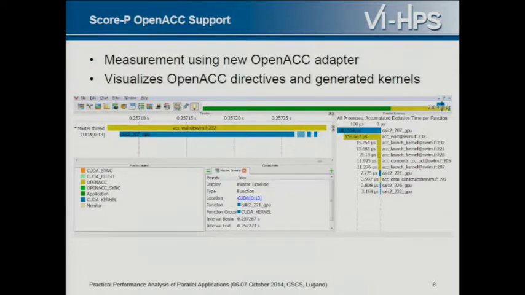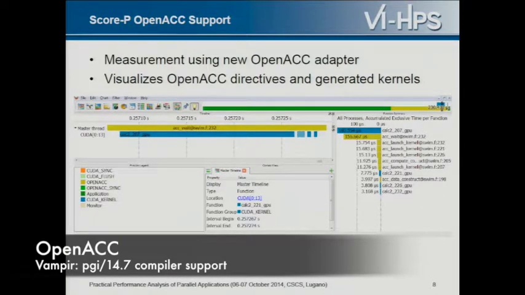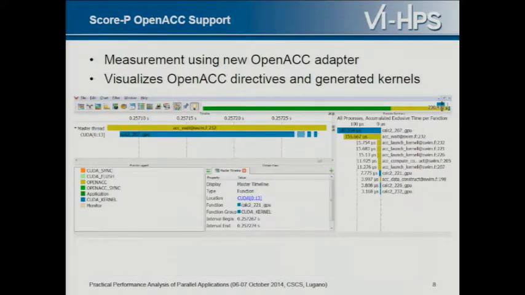Okay, so that's actually it. Probably one remark, if you want to try that yourself with OpenACC. Currently there is an issue with the CUDA headers and the PGI compiler to build Scopy.